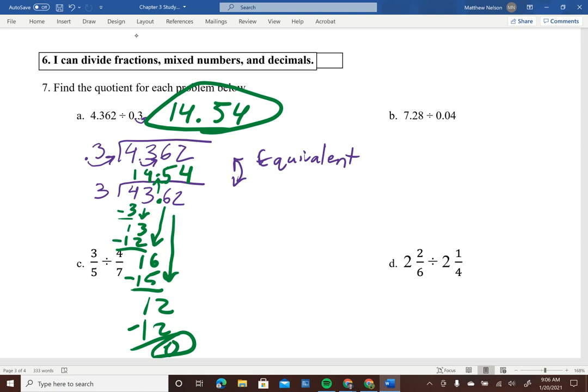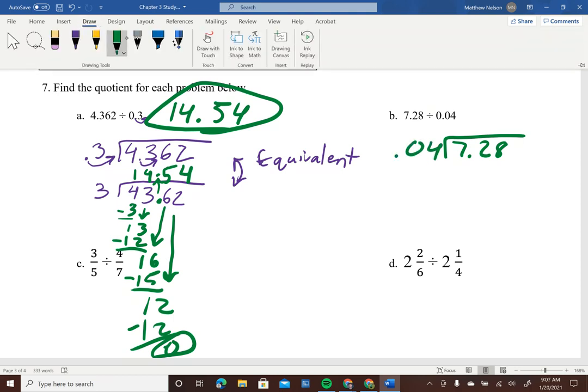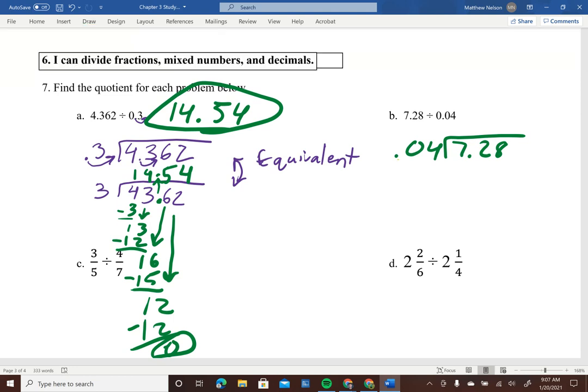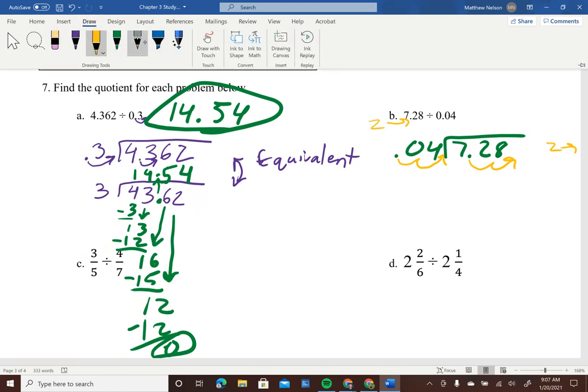We have 7.28 divided by 0.04. Again, we want to move that decimal point on the outside number so it's at the end. So we had to move it 2 places here, which means we also have to move the decimal point 2 places to the right over here. So now we could rewrite this problem as